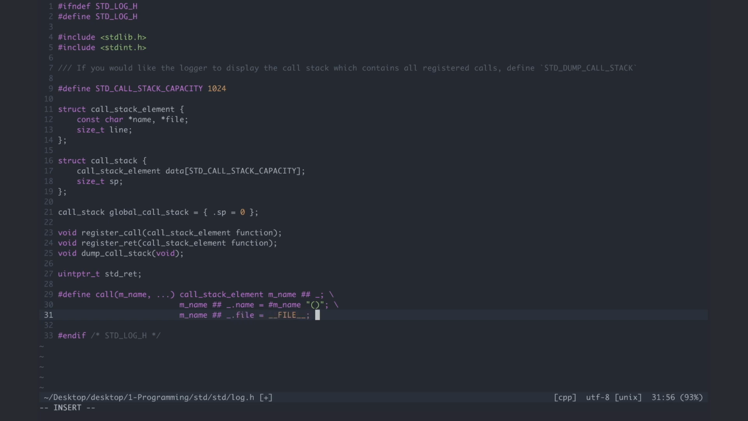This is a macro, right? This is an internal compiler macro. So we're gonna do name sharp underscore dot line is equal to underscore line underscore. Okay, and now we register the call, and name sharp underscore this one, and then we set the red is the standard place to